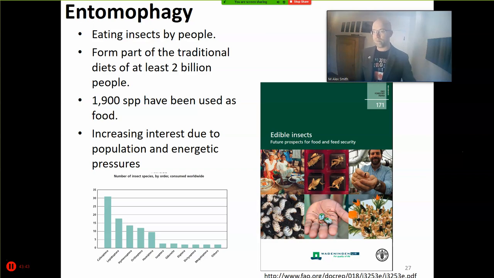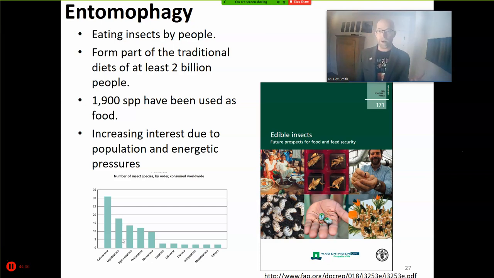And you can see, Coleoptera, these are your beetles. Lepidoptera, your butterflies and moths. Hymenoptera, these are ants and wasps and bees. Orthopterans, and so these large different orders. This frequency histogram of how many species by order are consumed worldwide roughly parallels, roughly corresponds to the